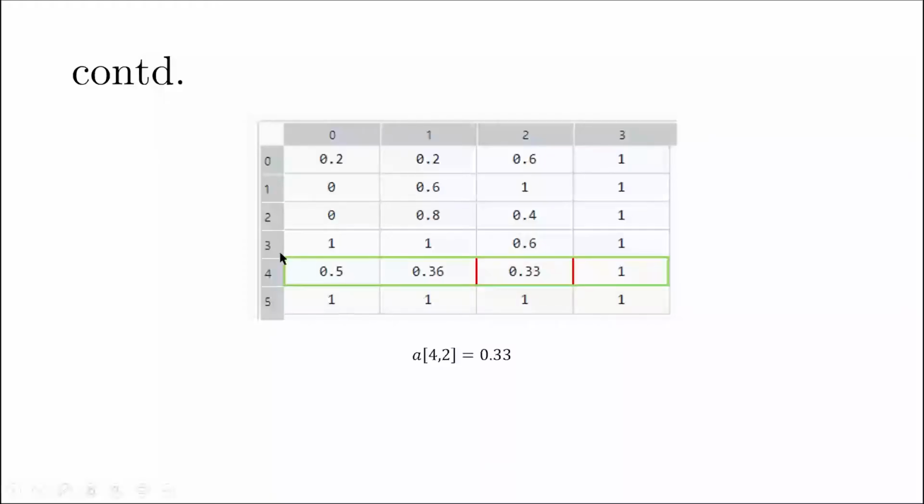In many cases, you might want to locate or refer to the entire row or the entire column. You can also do that very easily. Suppose I now want to call for this entire row, that is the 4th row. Previously we had only looked at a specific element, so we defined 4, 2, but if you want to go for the entire row, the syntax is very similar. Rather than having 2 as the second index, you simply put a colon. So you have a, the name of the variable, then 4, colon. These are all square brackets, and if you hit enter, you would get the entire row.